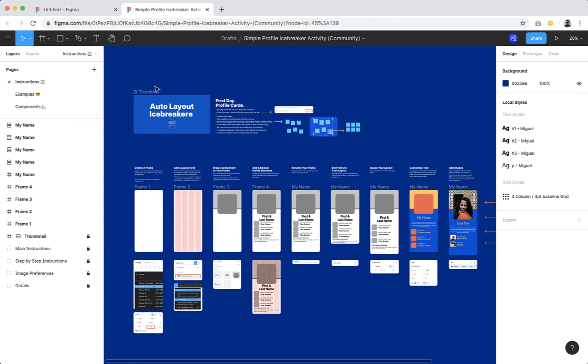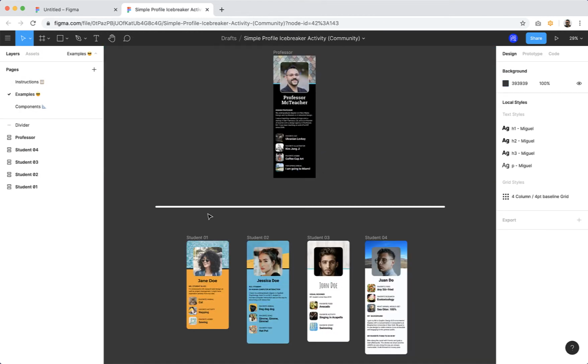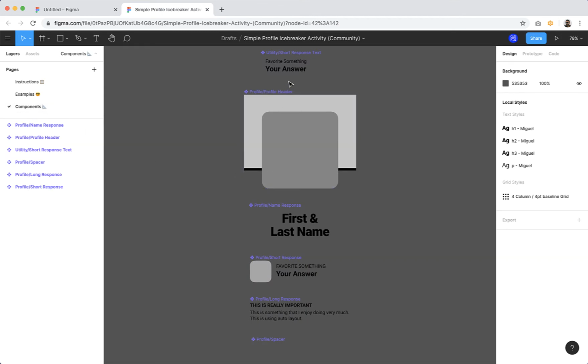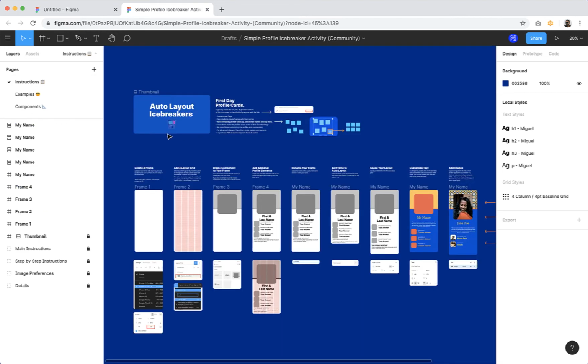So what I do here is I actually have a number of different pages. I have the instructions, I have the examples, and I have the main components that I'm already using. These are the reusable elements. I have made these to be used alongside the notion of auto layout, which we'll cover in just a little bit. So I'm going to go back to the instructions,